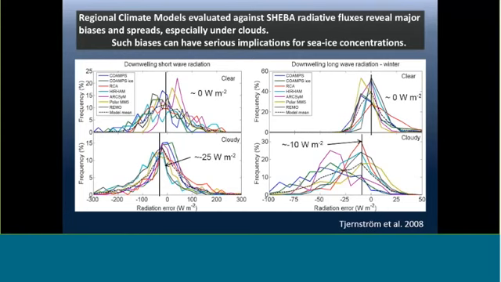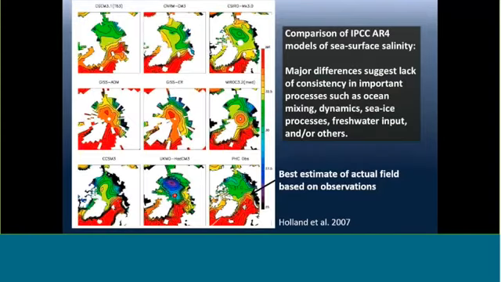And there are similar challenges in other aspects of modeling the Arctic climate system. This is just a comparison of sea surface salinity among a number of global models looking down at the Arctic domain. And the main point here is that we just see these major inconsistencies among models. We don't really have a consistent understanding of something as important as sea surface salinity. So this suggests larger problems with things like ocean